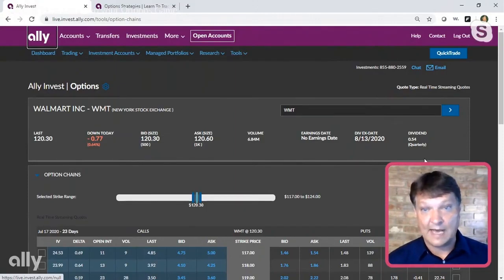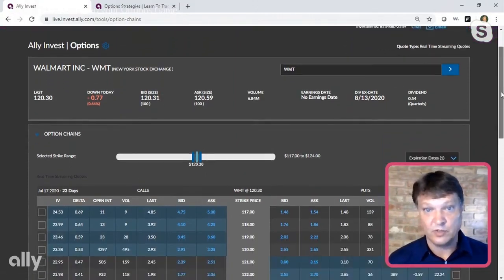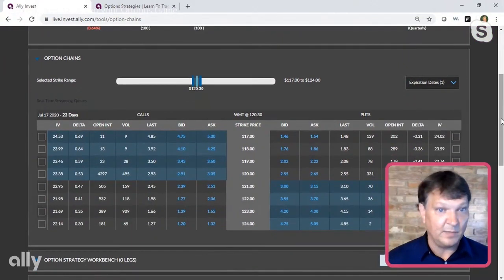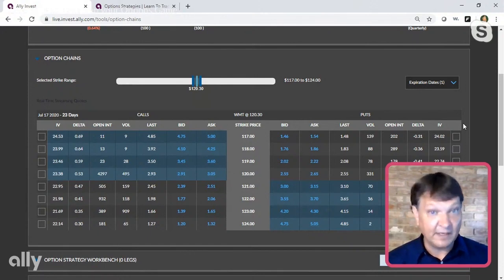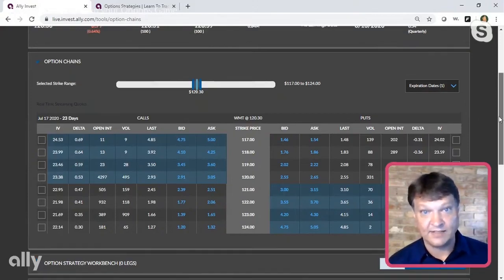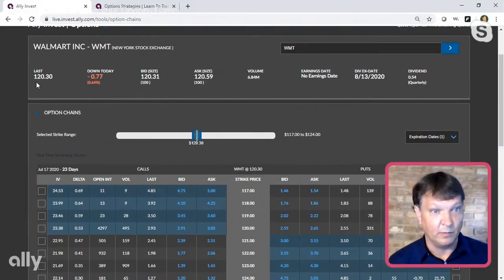We have Walmart stock. Here's how I would approach just looking at it. Now, this is not meant to be a recommendation by any means, but I'm going to look at more than one trade. And I'm going to show you how you would enter that trade on the Ally Invest trading platform, okay? Specifically with spreads. I personally think that we are one of the easiest platforms to actually enter a spread trade on. First of all, if we look across the top, we're showing you the real-time stock price. We're showing you if they are going to announce earnings, and we're also showing you the next dividend date and when it's going to be paid.